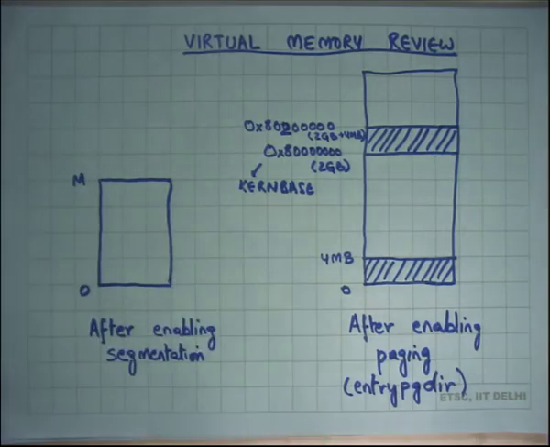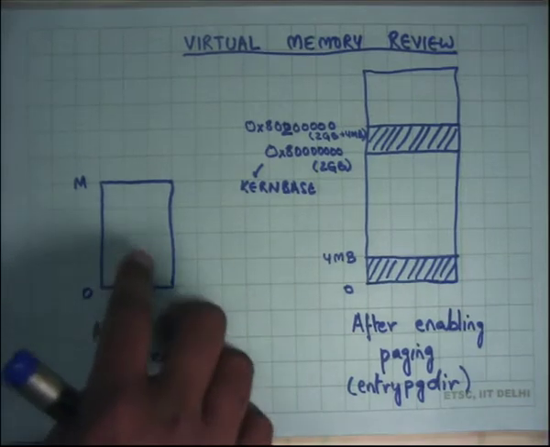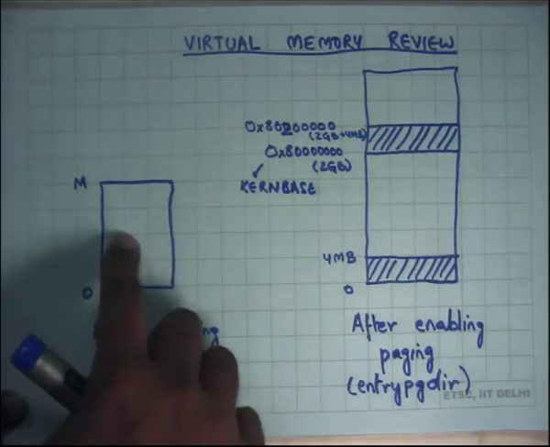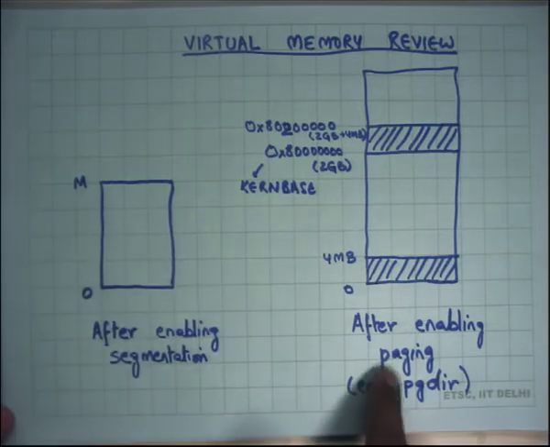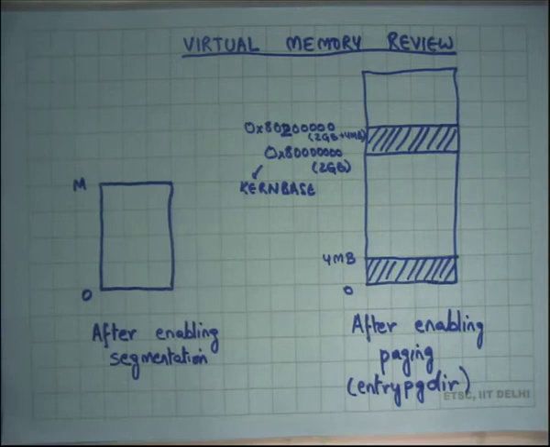So these instructions have to be very careful, they shouldn't be dereferencing any kernel symbol, because all kernel symbols have addresses above 2 GB, right? The moment it dereferences a kernel symbol, I'll get an exception. It's not legal in this address space, right? So the first thing entry.S does is change this address space by enabling paging, and it uses a page directory called entry page directory, right?